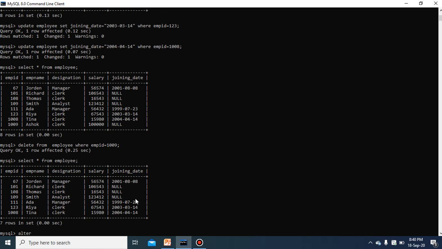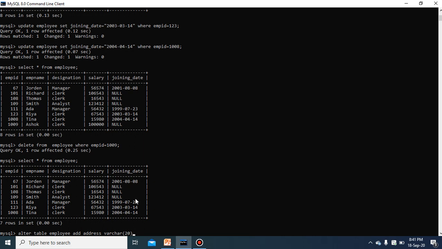So you will write alter table, either capital or small letter, no problem in MySQL. Alter table employee, then you have to use the keyword add. This you need to remember, add is the keyword to add a column into the table, and the column name is suppose address. Okay, add address, and at last you have to specify the data type and its size. Address would be the data type varchar, and its maximum size limit you will provide as 20.